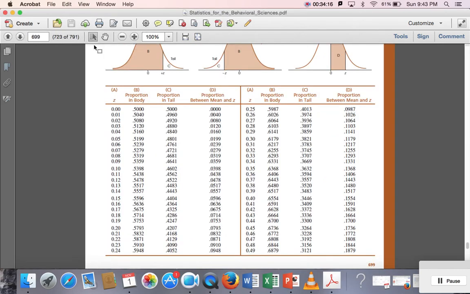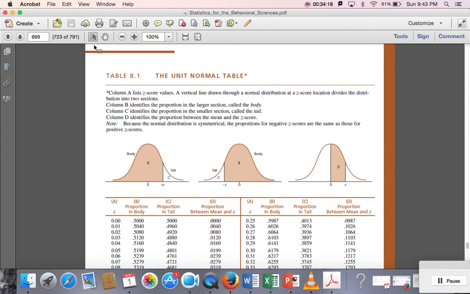So the unit normal table that we find in the back of your textbooks that's associated with our z-scores, this is only for z, okay? This is our z-score critical value table, okay? We've used it for probabilities, and now we're using it as our critical value table as well. Okay, so now what we want to do here